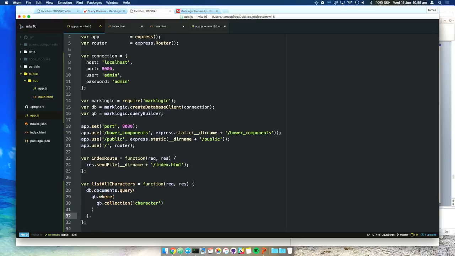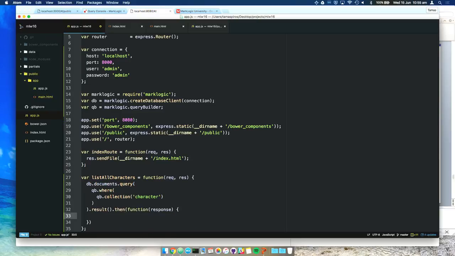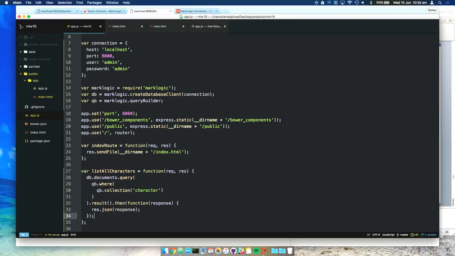So by looking at this and reading it as pure English: go out to the database and give me all the documents where these documents belong to a collection called character. And then once you have a result, let's handle the response. The response will contain all the documents from the database, and we just send that back in a JSON format. So with a few lines of code, we now have, in the Node.js bit, in the middle tier,